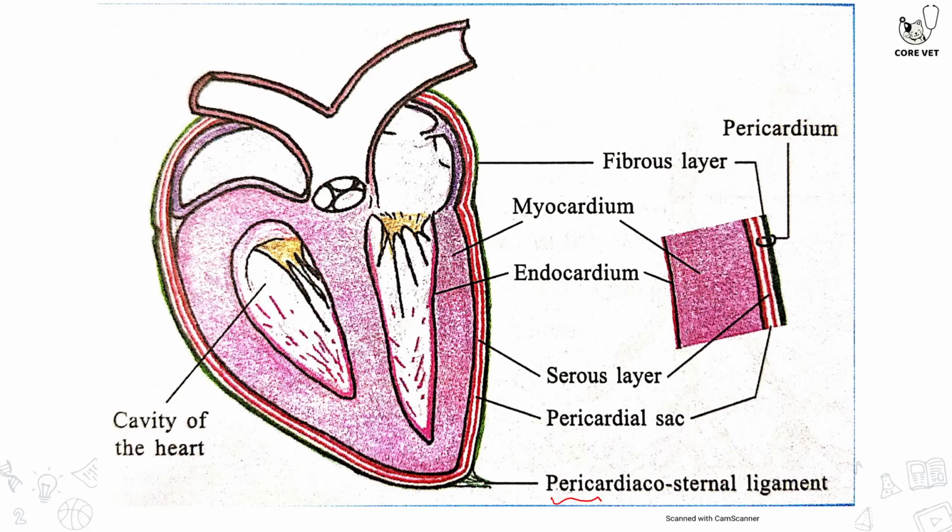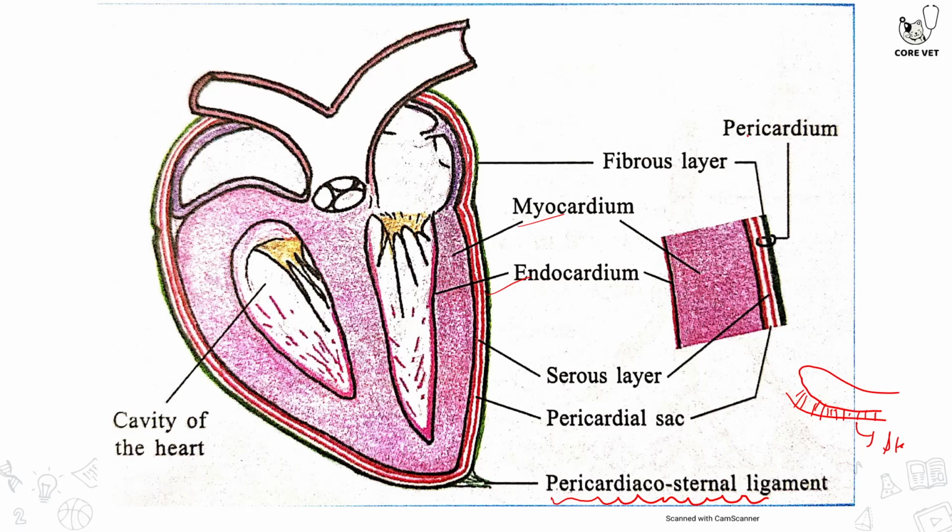So first of all, I will talk about the pericardiosternal ligaments. If this is your sternum, the heart is placed like this. The pericardiosternal ligament will help in the attachment of the heart with the dorsal surface of the sternum. So this was about the pericardiosternal ligament, and we all know that endocardium, myocardium, and the pericardium, these are layers